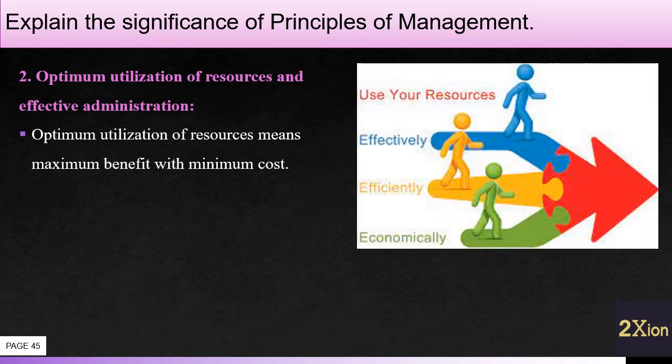There is one more meaning for optimum utilization of resources, which is maximum benefit with minimum cost. For instance, एक कॉमर्स टीचर को बिजनेस भी पढ़ाने के लिए रखें, अकाउंट्स भी, एक साइंस टीचर से फिजिक्स, केमिस्ट्री और बायोलॉजी। सो हमेशा मैनेजमेंट यही देखता है कि किस तरह से रिसोर्सेज का मैक्सिमम यूज किया जा सके।